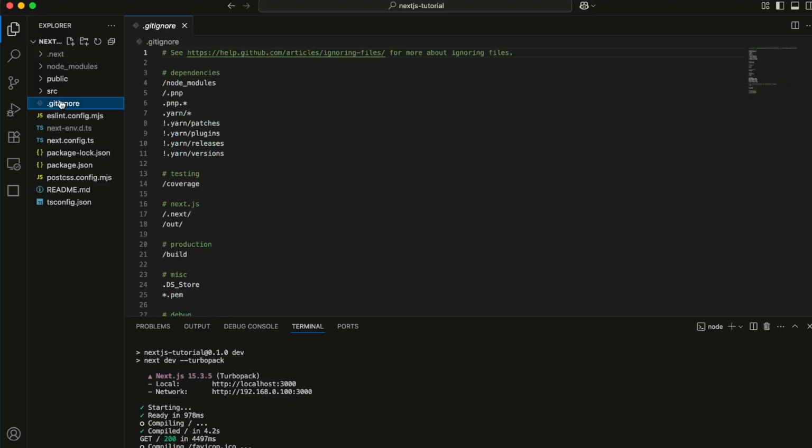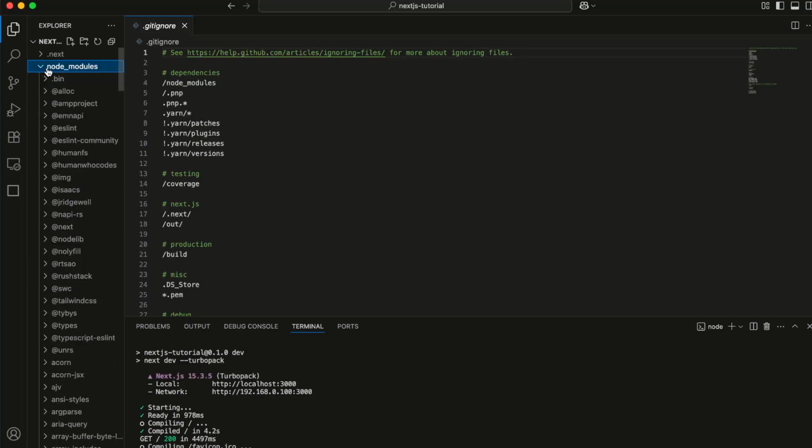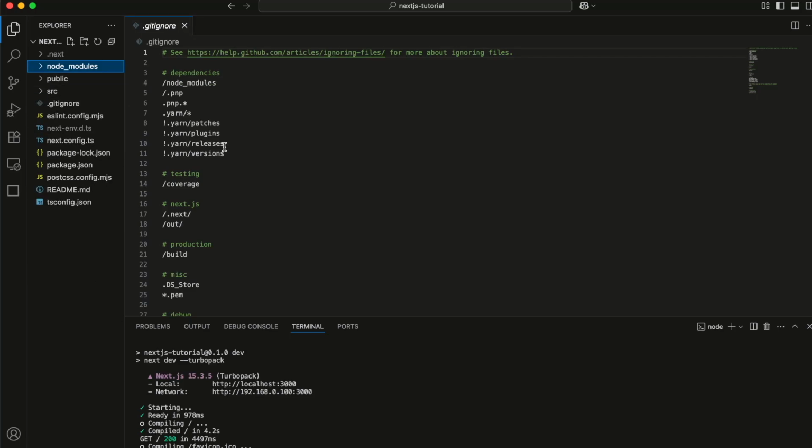The next section I want to mention is .gitignore. .gitignore is going to be useful for excluding any bloat in your project. So when you want to save this project as a repository in your GitHub, you're going to want to go ahead and use .gitignore to remove that bloat. Some big folders you want to remove are going to be the node_modules. It has tons and tons of folders and files, and you don't need that in your repository, taking up memory